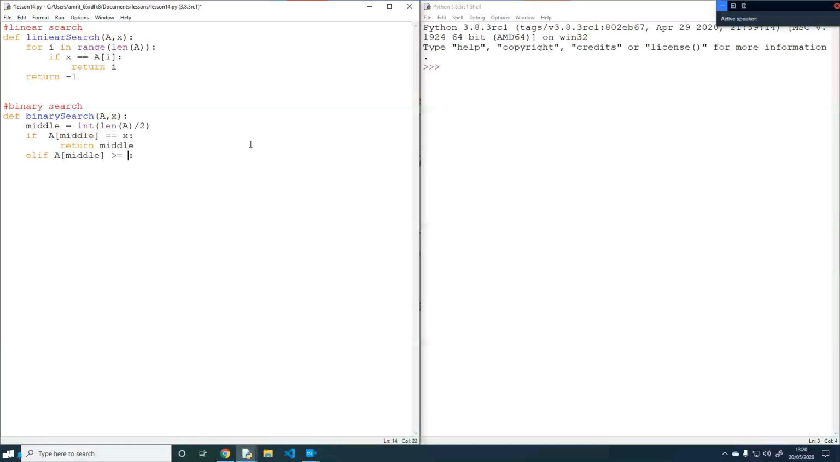So let's do it the other way around. If x is bigger than or equal to the middle, we're gonna do something. We'll get back to that. And if x is less than, well, we don't need to do the equal to. We know if it's equal to, it'll run this. So if it's less than or equal to the middle of A,